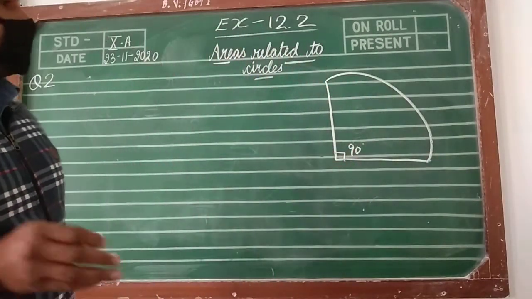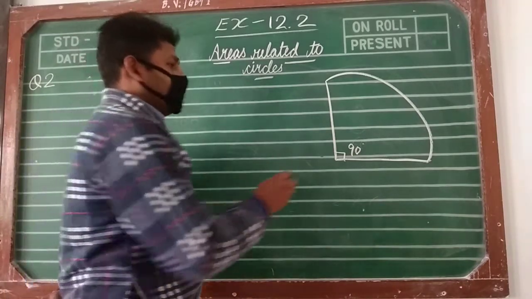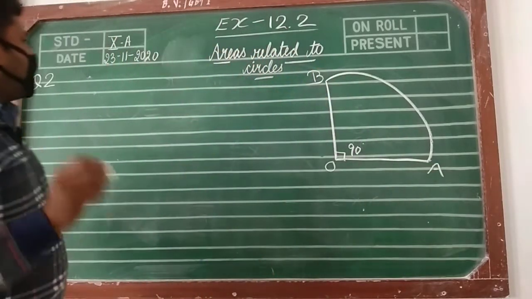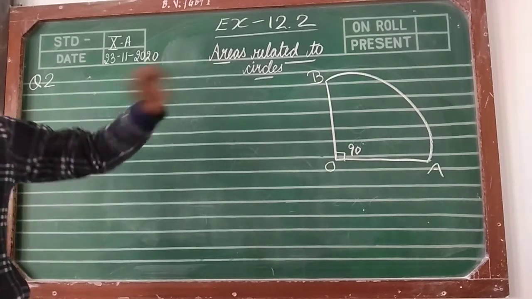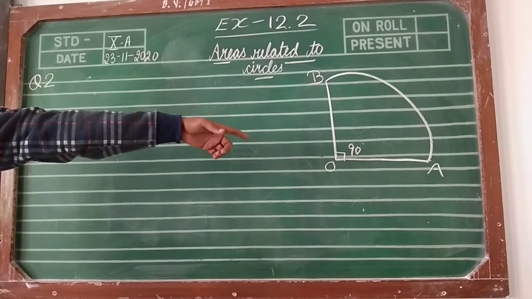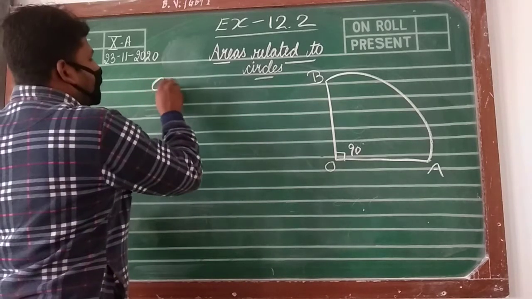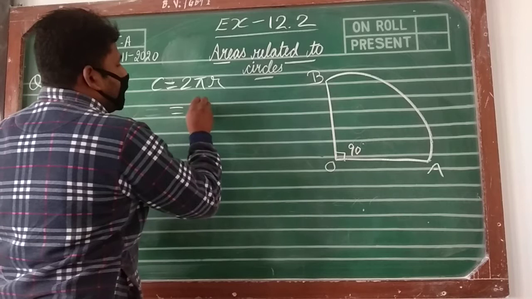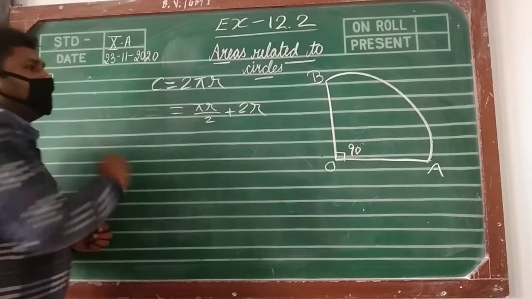Let's sit down, next. Find the area of a quadrant of a circle whose circumference is 22 cm. In this question, the circumference is given. Who will tell me whether this is the circumference of the circle or the circumference of this quadrant? Tell me what is given to you. Whether the circumference of the circle is given or the circumference of the quadrant, that is pi r upon 2 plus 2r. Which value is given? This one or this one?